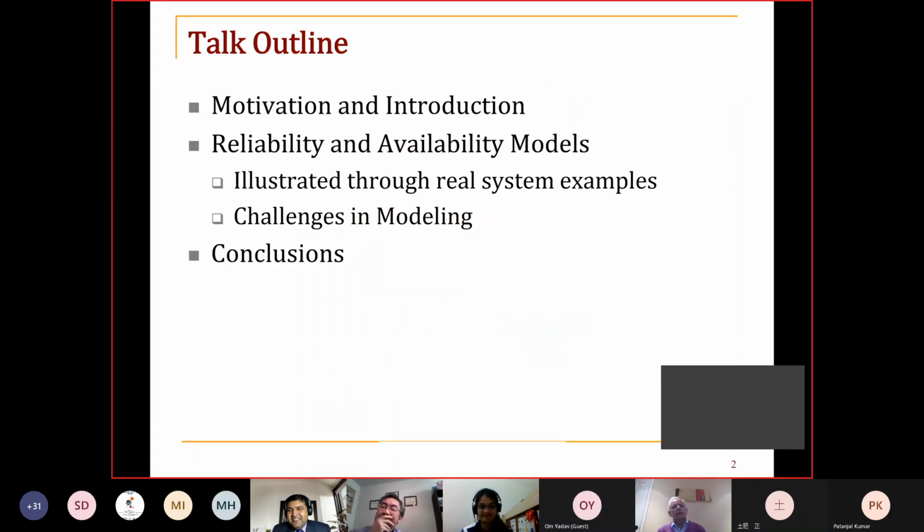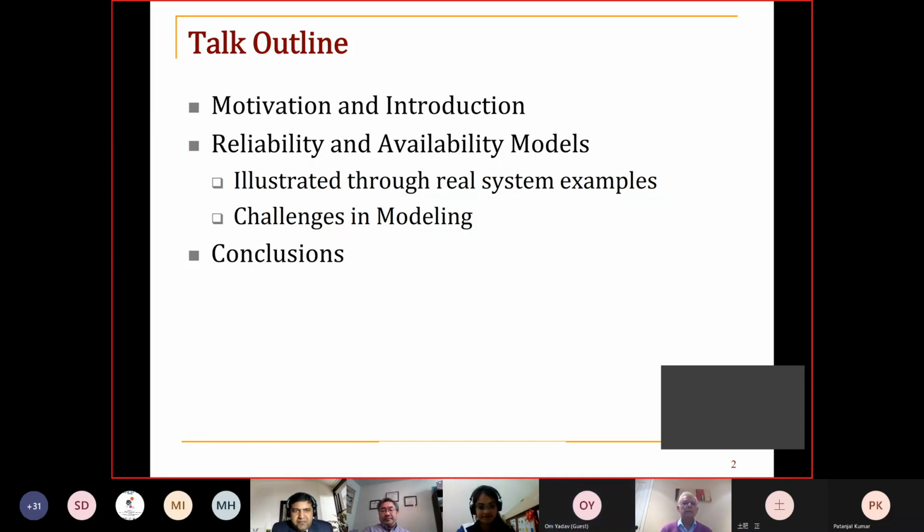Anyway, I'll give you some brief motivation and introduction, which will be followed by models for reliability and availability. I will try to use some real examples, and I will also mention some challenges as I feel. And of course, the young people out there are much smarter than me, so they should be able to solve